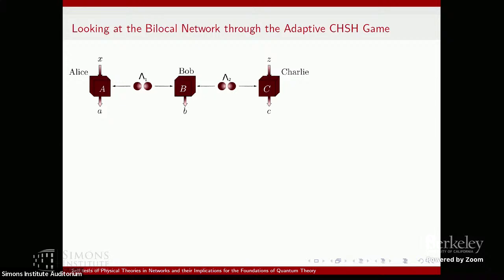And so what we can now do is define a game where Bob can choose whether they play a game where Alice and Charlie should be perfectly correlated in 3/4 of the cases, or one where they should be perfectly anti-correlated. And now if you do that, they will again win with 3/4 probability overall. And in the network, it just means we add this collider here. So this means that we can define in this larger network a game or a task where they will retain their winning probability.